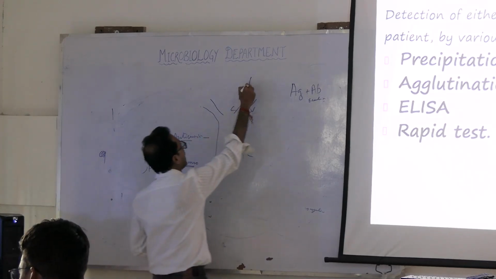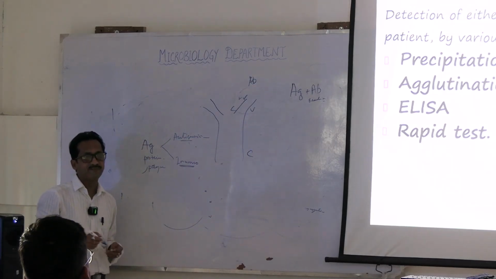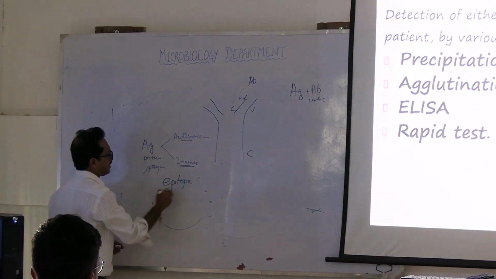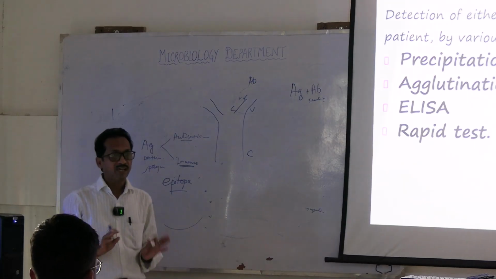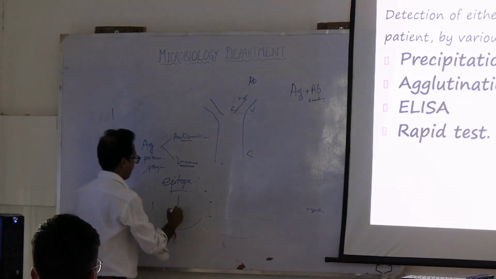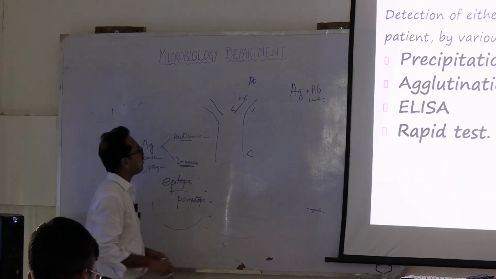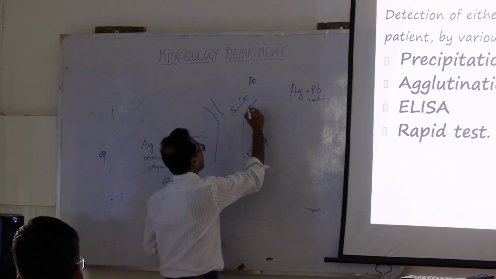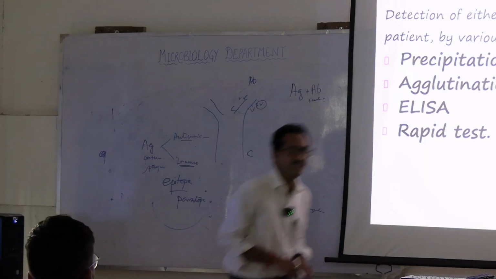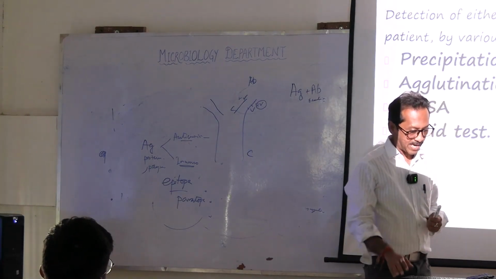Now, when you look at the antibody structure, which part of the antigen usually attaches with the antibody? It is the epitope. The epitope is the part of the antigen that attaches with the antibody. And which part of the antibody does it attach to? The paratope. Paratope is usually present in the hypervariable region of the antibody. So that part is called paratope.